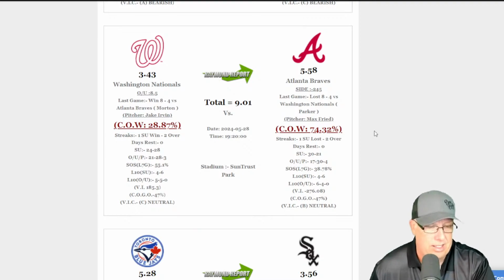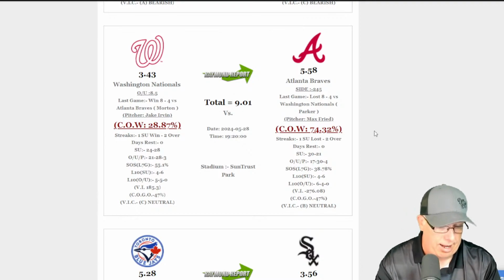But the only thing is, in Jake Irvin's last 7 starts, Washington is 2-5, 2-4-1 to the under. And Washington against those B-type teams with a 50 to 59.9 win percentage is 6-4 straight up, 3-6-1 to the under. Give me the under today between Washington and Atlanta, and let's hope that under streak continues